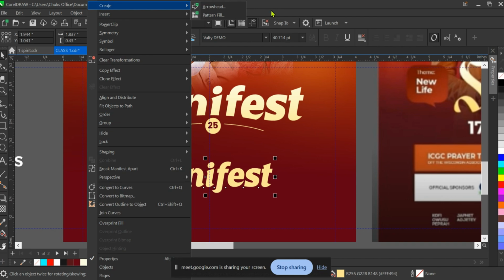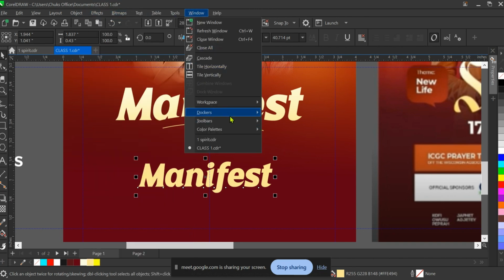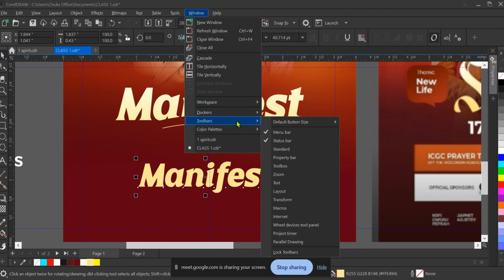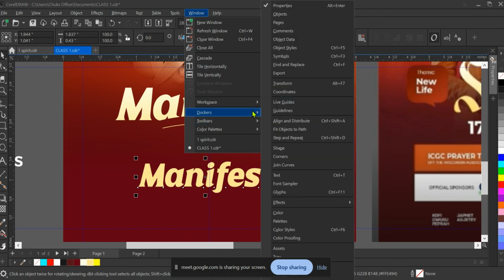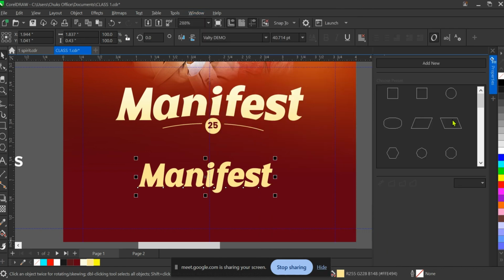not object now. Window. Where is window? See window. You go into this Docker. If you go into this Docker, you will see effect. If you come to this effect, you go to envelope. When you go to envelope,